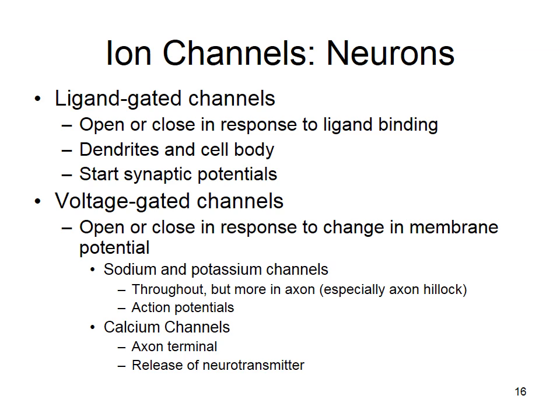So that means in our neurons, on the dendrites and cell body, we've got ligand-gated ion channels. From the axon hillock all the way down the axon, we've got voltage-gated sodium and potassium channels. And then at the axon terminal, we have voltage-gated calcium channels. So different parts of the neuron express different types of ion channels.